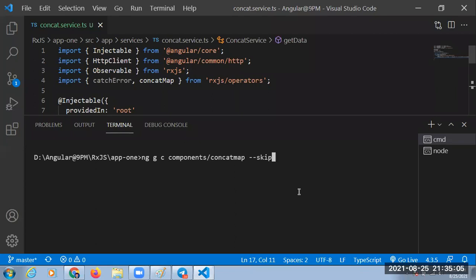Hyphen skip test, sir. Next one is hyphen selector equal to what you wanted to place? concat-map. Next one hyphen flat true. Anything, guys? Do I need to give anything? No.